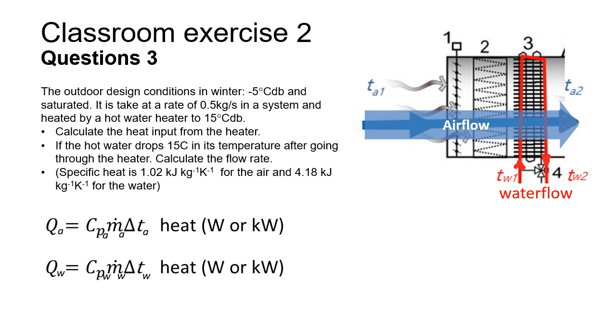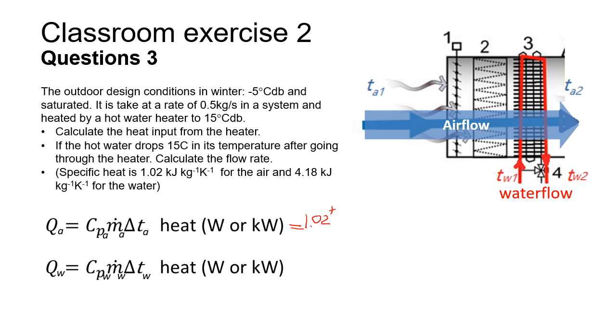This can be the heat gained by the air or the heat lost from the water. Let's start from this one, the air. So right here, the specific heat of air is